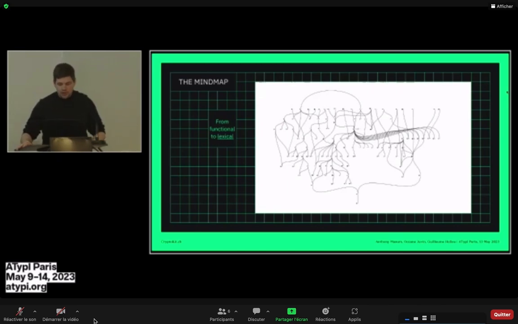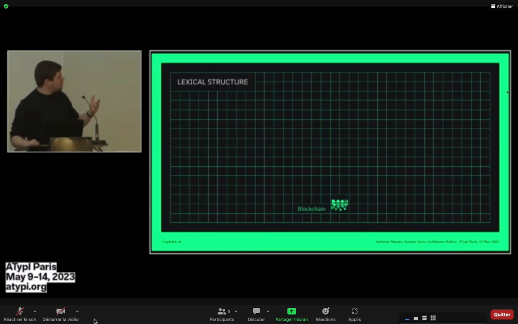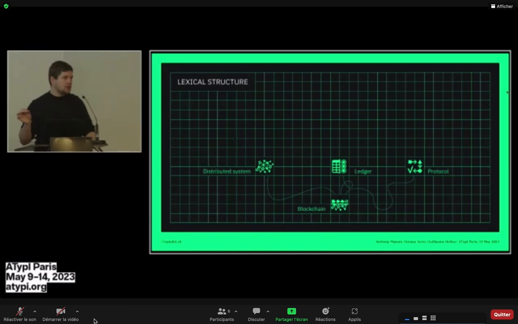And for us, it was much more interesting: how we can link these pictograms together, not to express a function, but to express a lexicon and a cloud naming. How does it work? If we take the pictogram blockchain, we are not going to associate it with cloud, hardware, and a block, which is the functioning of the blockchain, but we are going to link it with free words that describe it. So basically, this is the definition that you can find in the dictionary. Blockchain is a protocol that sets up a ledger on a distributed system. So we didn't explain the functioning, but only the lexical way.